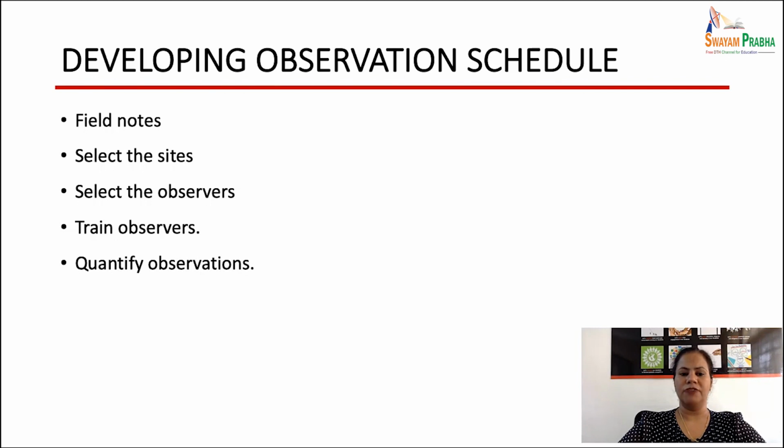Then you need to quantify the observations. Usually the checklists are formed in a way that you can quantify in the end, so that it can be amenable to statistical procedures and you can get the results in numeric form. You can decide beforehand how you will quantify, if you have prepared the checklist, or otherwise you can quantify the observations afterwards. Then developing the procedures to facilitate the recording.